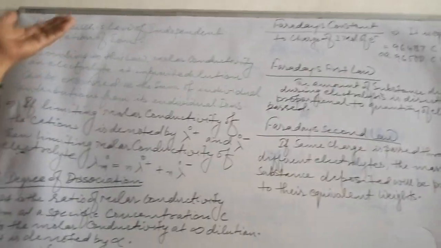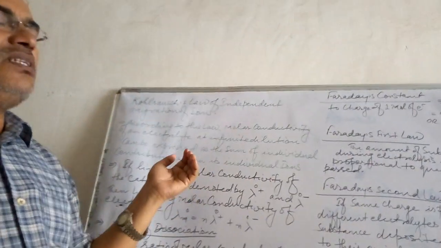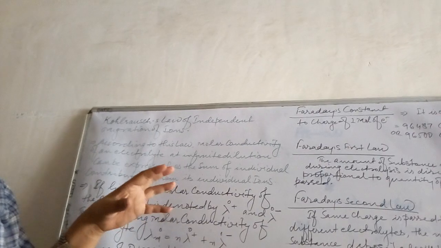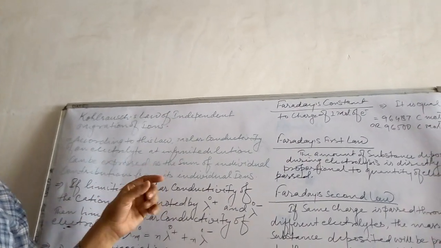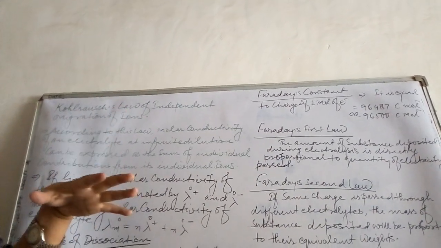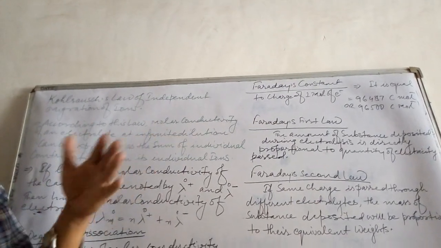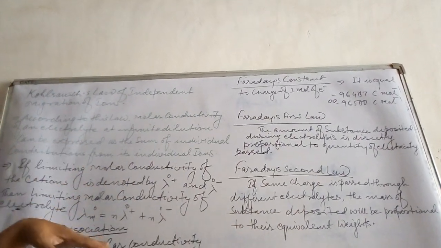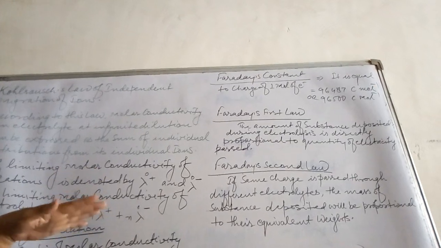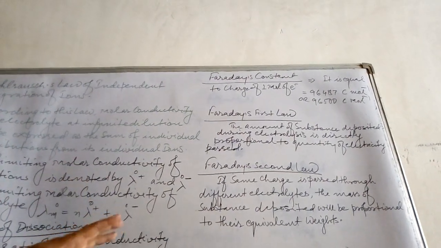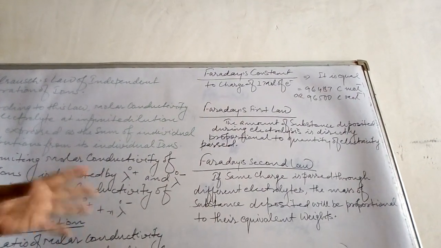So children, in this topic I have discussed all these points, and yesterday I had discussed specific resistance and conductivity denoted by kappa, specific resistance denoted by rho, conductance G is equal to 1 upon R, cell constant l upon A. All these terms and terminologies, molar conductivities, equivalent conductivities, everything is to be assimilated and learned by you, because a number of essential numericals for your board examination are to be selected from this topic.